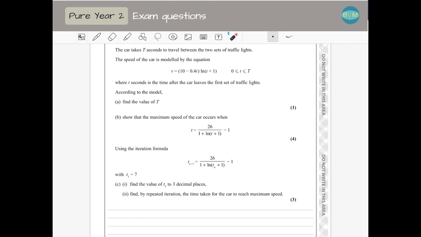Using the iteration formula, which is this one, that's where we found this expression, just to help us to iterate. With t1 = 7, find the value of t3 to 3 decimal places. So what we are going to do is just, with the calculator, substitute t1 here to find t2. When we have t2, substitute here and find t3. And we can do that as many times as they ask, but they just ask up to t3. I would put this expression in the calculator, and every time you find an answer, I will put it in the memory and then substitute the value by the memory one. Yeah, so you don't miss decimals and you don't round until the very end. So if you do that,